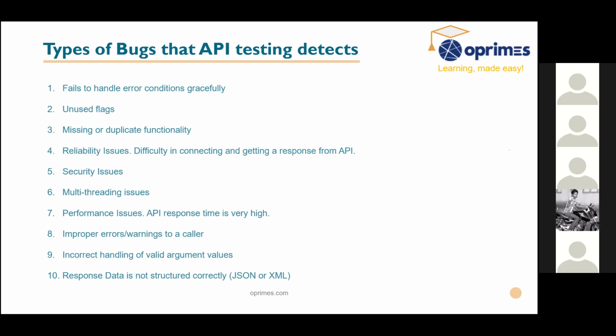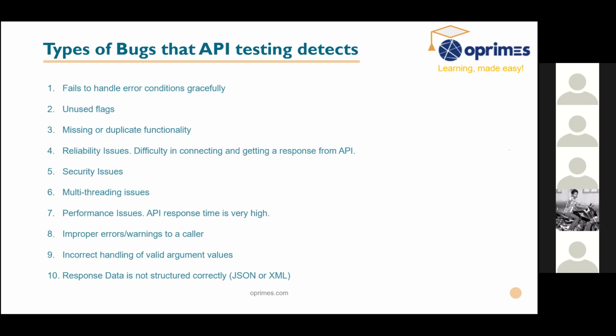Multi-threading issue, like I said, in JMeter you can create 100 hits in a second, but there is one post API and one get API. Your post API has updated your data, but your get API is trying to get the data which is already updated, which is currently not existing in the system. Then there will be a multi-threading issue. And deadlock is the most frequently seen multi-threading issue. Performance issue, say it is expected to get me the result in 200 milliseconds, but it is taking more than 60 seconds, then it is a performance issue.